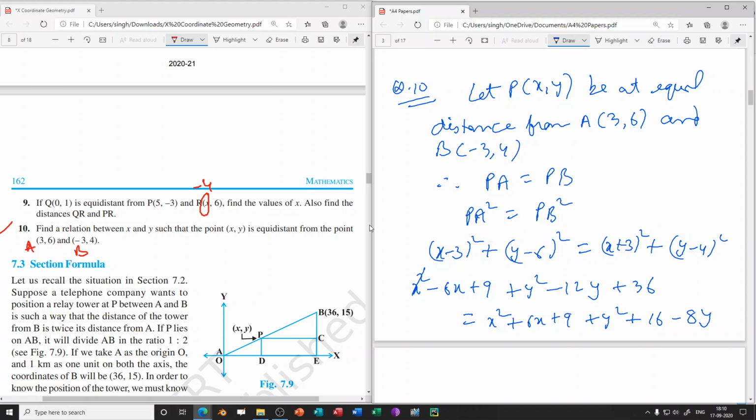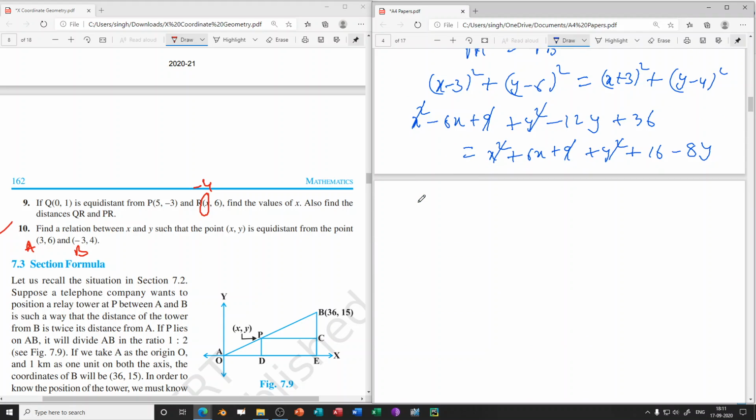So x square is here, x square is on the other side also, so it will cancel out. Similarly, y square is on both sides, so that also we can cancel out. Then we have 9 also on both sides, so that we can cancel out, and remaining terms will bring all